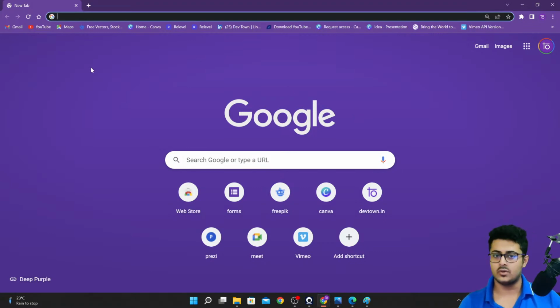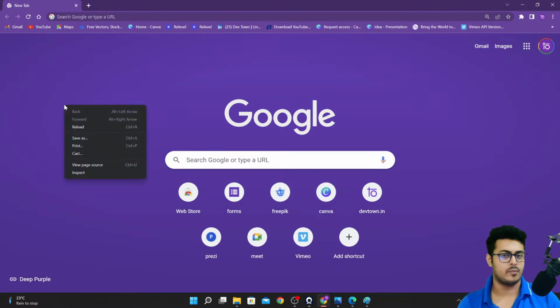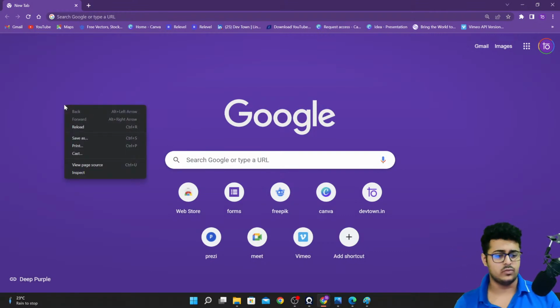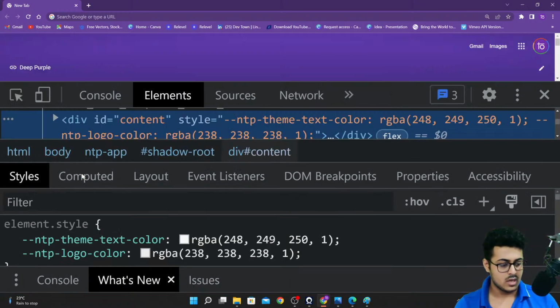First of all, you can open up any browser and do a right click on the browser itself. There you'll find a lot of options like back, forward, reload, save as, print, cast, view page source, and inspect. Anywhere on the browser window, you can just right click and then select inspect from the options.